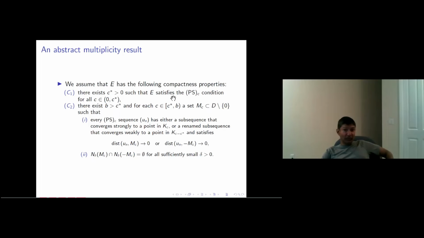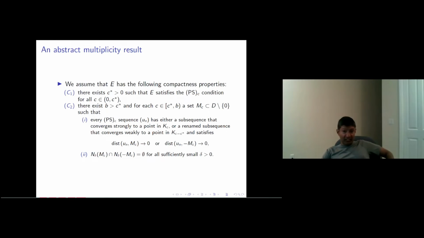So E satisfies the PS condition for all c smaller than some c star. And the second condition, C2, is that there is some b bigger than c star, such that if you pick any c between c star and b, there is a set